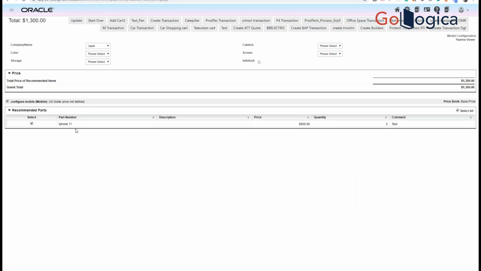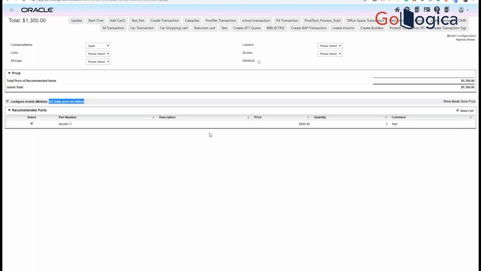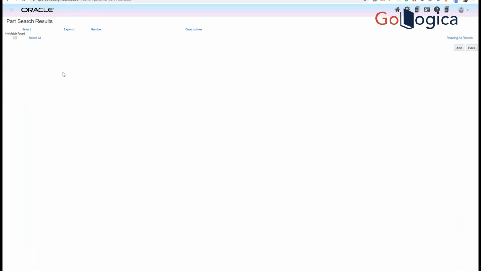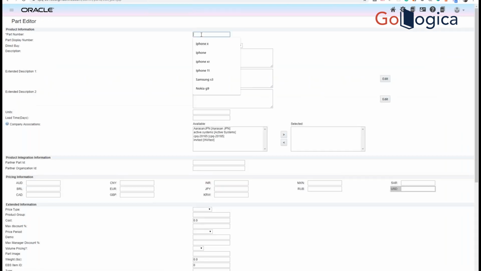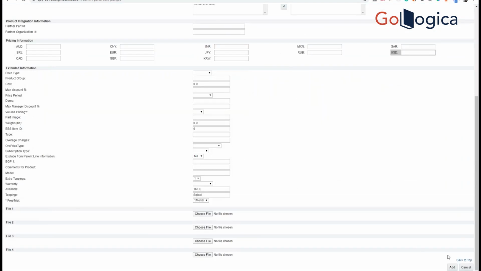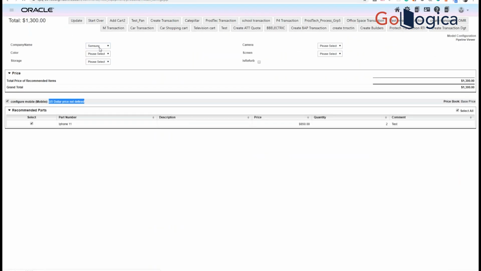Actually, before adding the part, we didn't get even this row, and we got some kind of dollar error, something like US dollar price not defined. We don't know what exactly that error means. So we went to the parts, added a part here, and that triggered showing some data. Let me add a part right now. I just want to show you what exactly we did. Go back here, copy it, add a new item, add it. That's it. Now, if I run it here,